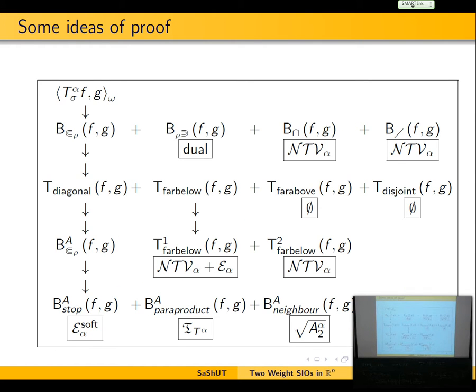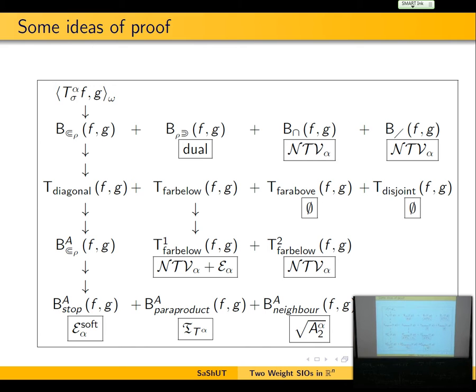Now I wanted to go back. This is another part of some ideas of the proof of the big theorem. Okay? The big theorem meaning the norm inequality. So the norm inequality if and only if, or hope of if and only if, testing and A2. In this case, also the energy conditions. But the scheme of the proof is, there is essentially one scheme of proof, which is the one that was applied by Hilbert.